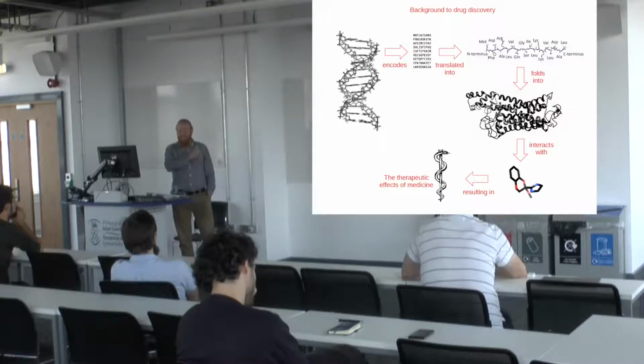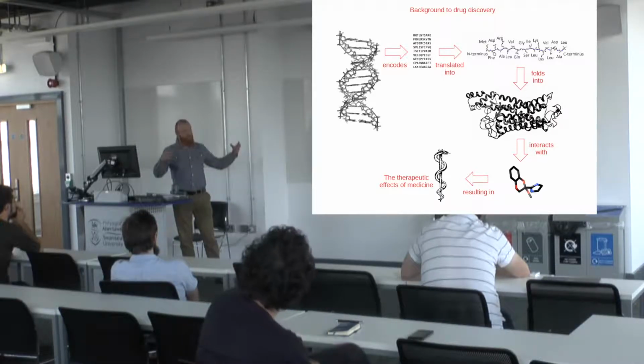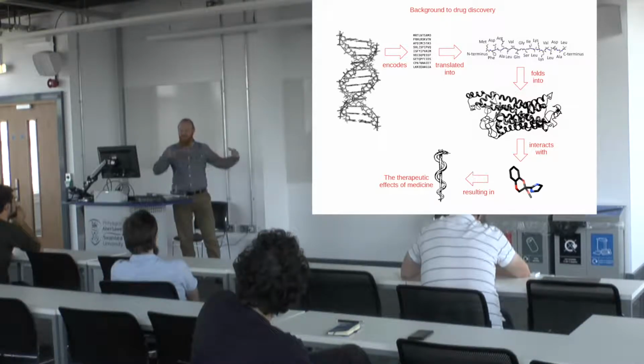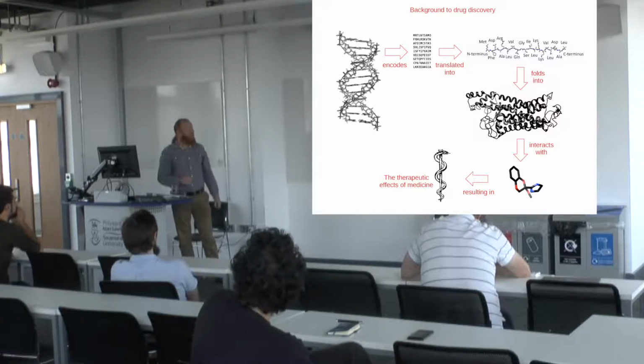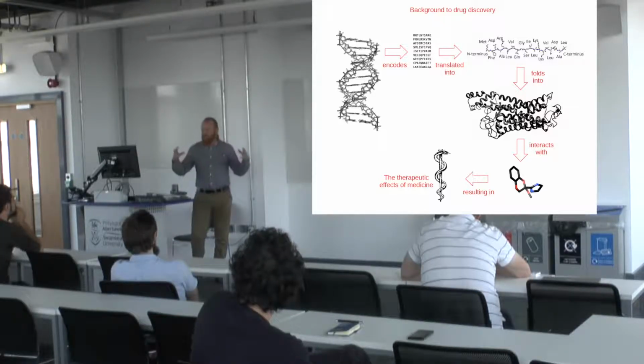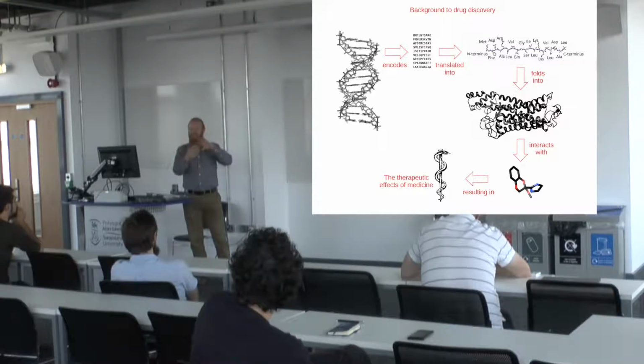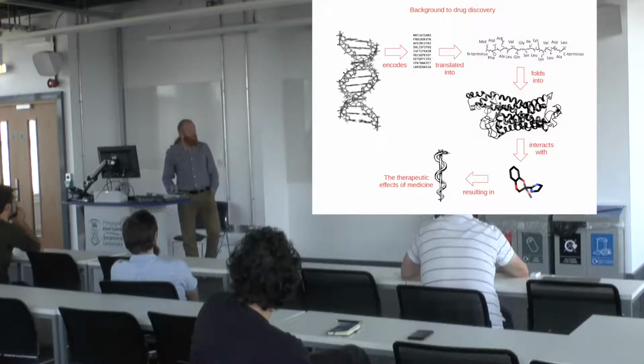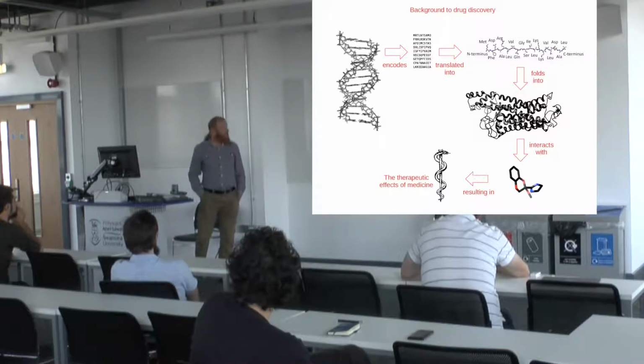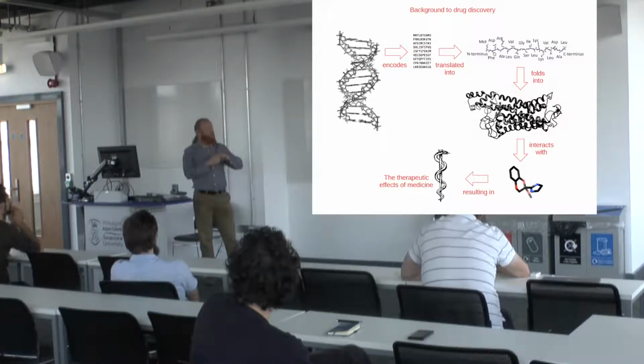So the genes will encode a long linear molecule that's a string of amino acids, and then that long string will fold up on itself into a complex 3-dimensional shape. Exactly how that folds up will depend on the sequence of amino acids and what groups they've got on the sides of them. So a long linear molecule folds up into a complex 3D shape that then has